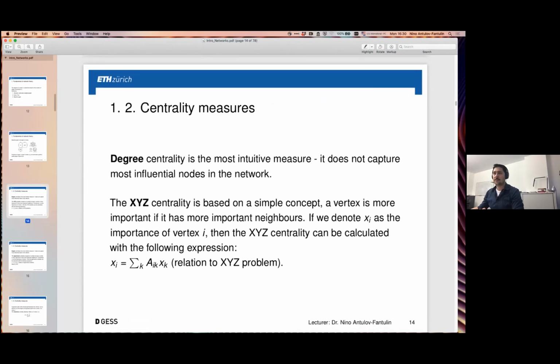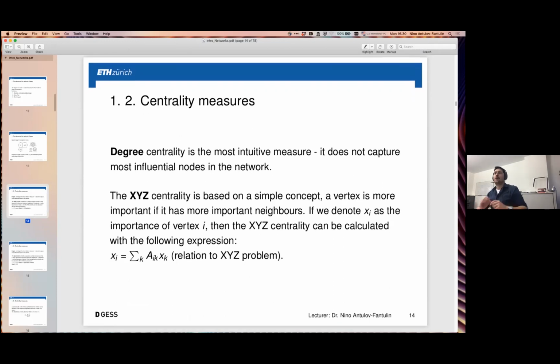Let us proceed. Now we want to talk about centrality measures. Centrality measures would somehow tell us how important a node is. Directly from this definition, you would have to understand that it is not somehow precise. What does it mean, important? Is it important for structure? Is it important for dynamics? And what does it mean that it is important for structure? From that perspective, we would have to have certain criteria when we are talking about centrality measures.